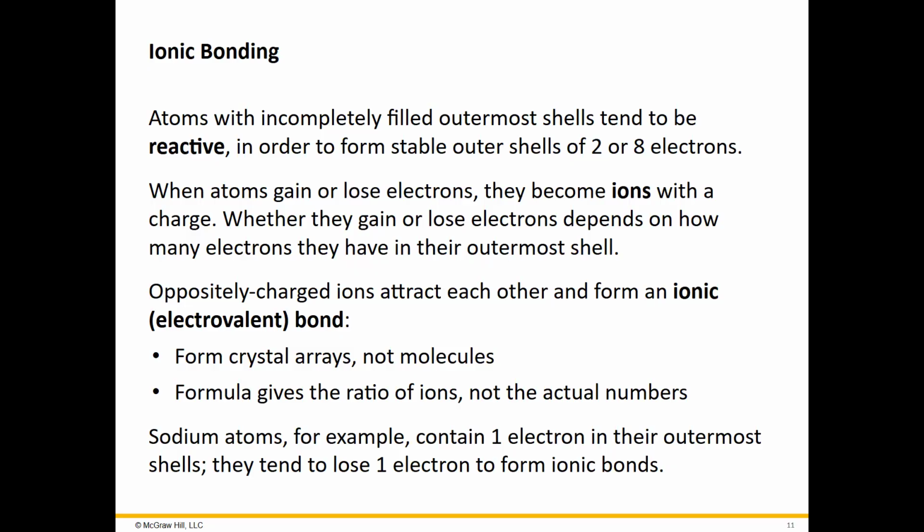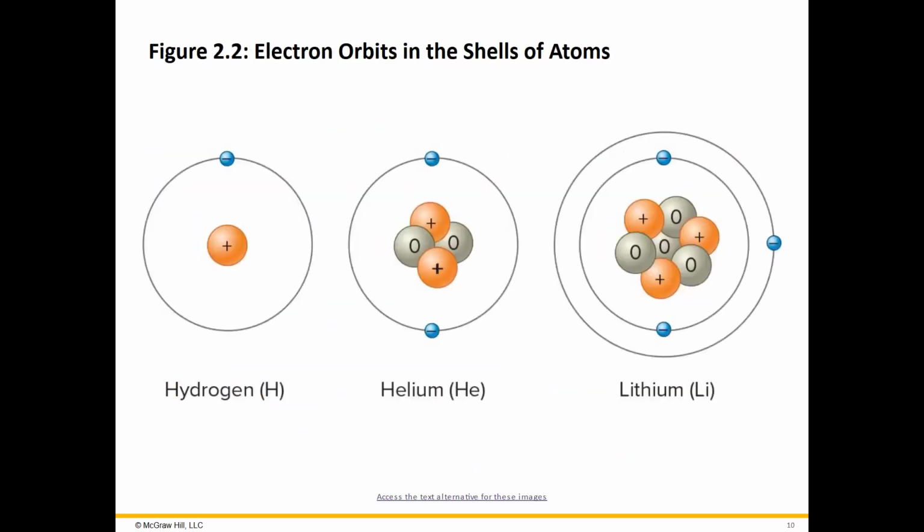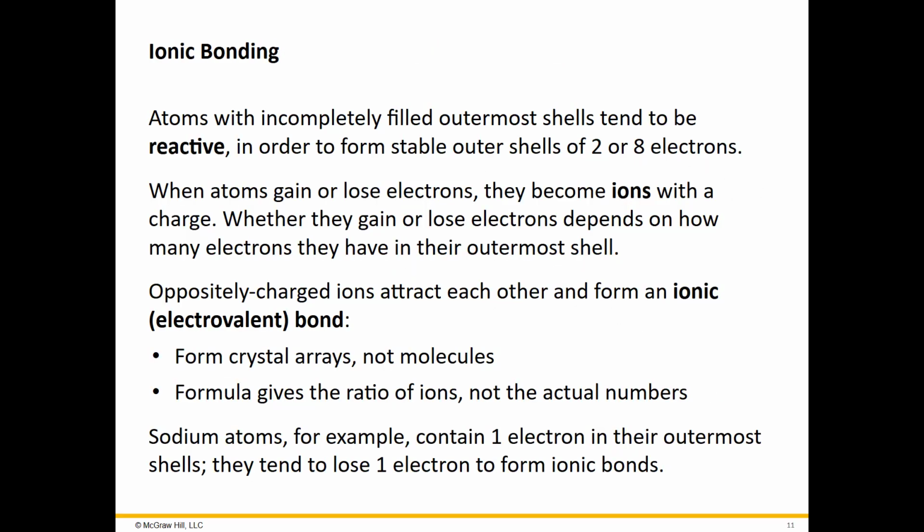Bonding. Let's talk about the multiple forms of bonding. I'm going to be real specific about what I want you to know. When we talk about ionic bonding, these are atoms with incomplete outer shells. So they're reactive. Lithium is incomplete. Hydrogen is incomplete. However, in order to form a stable outer shell of 2 electrons, or 8 electrons, sorry, depending on which shell we're in,